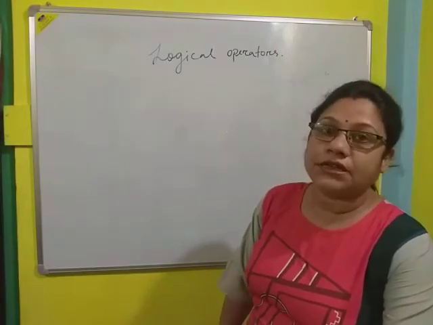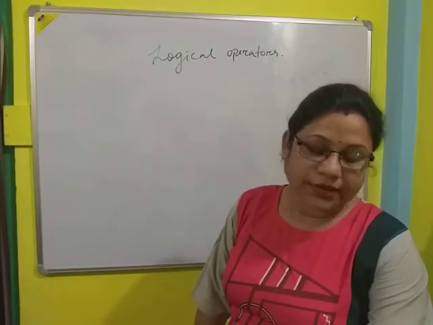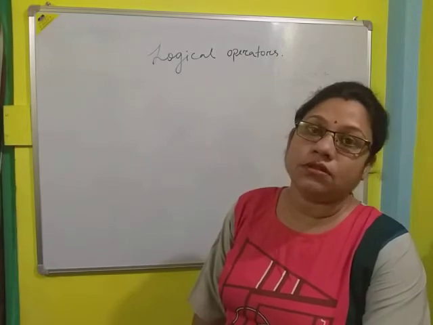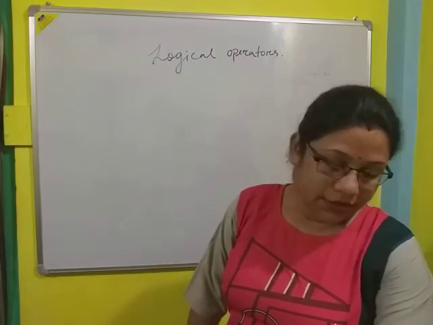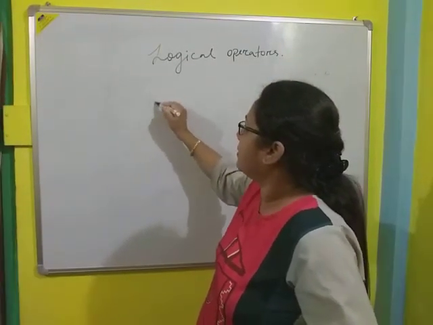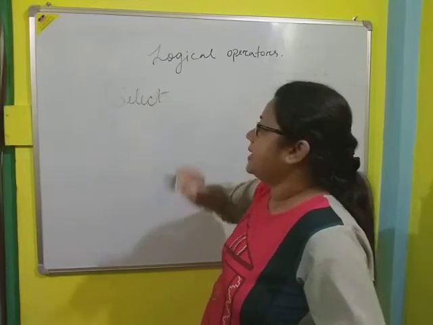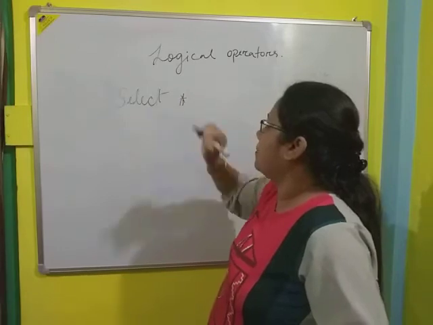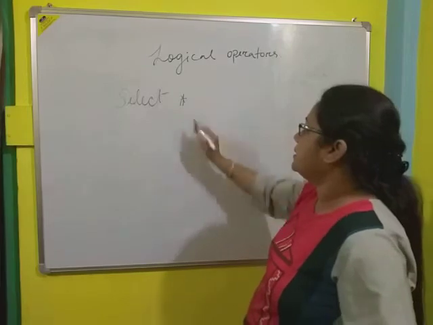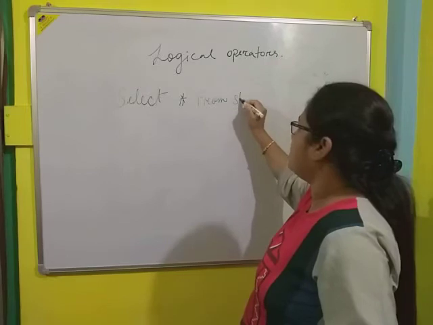suppose I am going to display the total marks between greater than equal to 300 and less than equal to 400. Okay, so for this, here I write select, here I use the all operator. That means I want to display all the records from the table. Select all from student